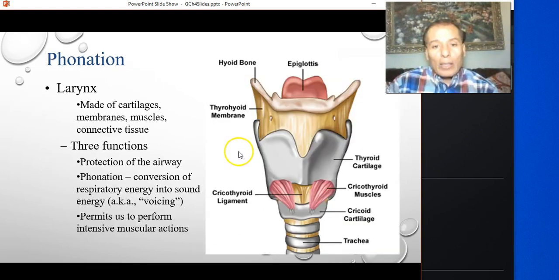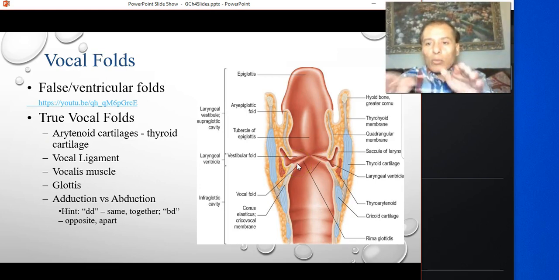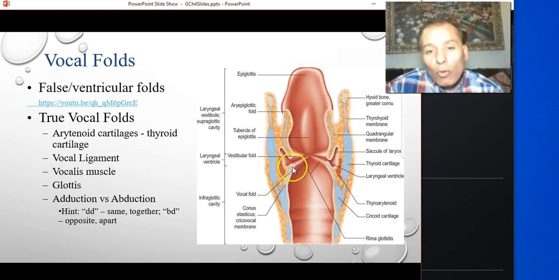If you take this larynx and split it right here along this way, it will be like this. So now you have one vocal fold here, one vocal fold here. When they come together, they close like this. They open, they go like this. These are the true vocal folds, the ones that vibrate to make our sound, speech, our voice.